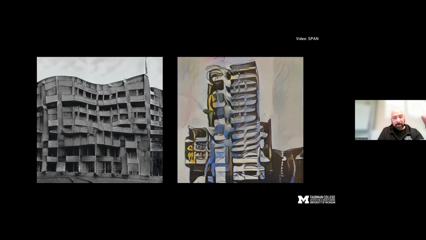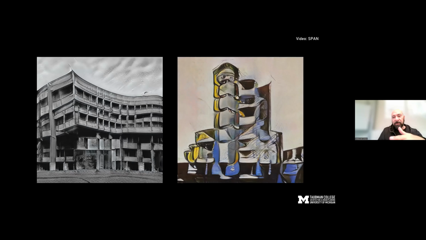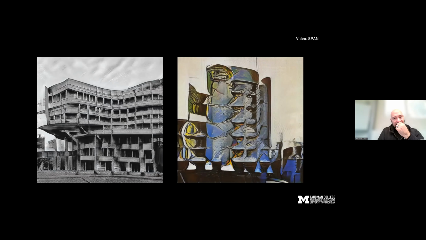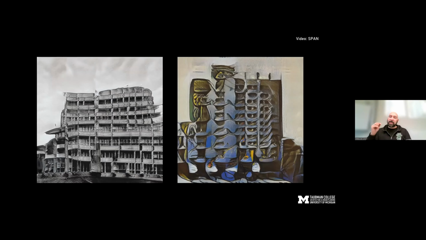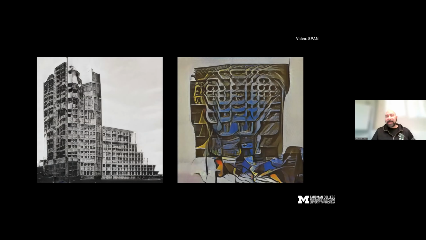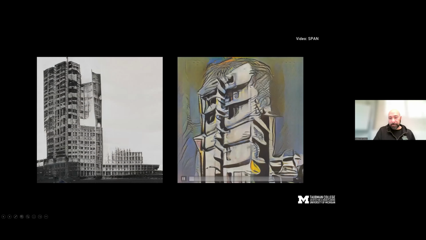So in this case, for example, this is a latent walk through a brutalism data set, I think, and on the right side you see the same latent walk, but including Picasso. That's a simple exercise, right? But still, once you know it is Picasso, by the way, you start to see it if you didn't see it before.